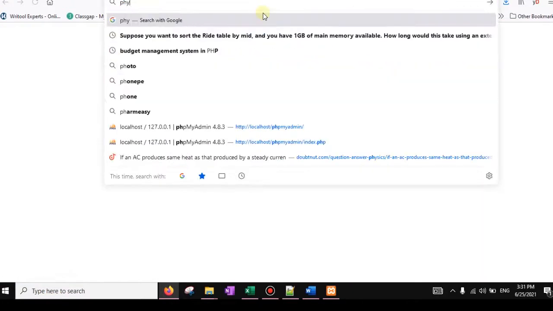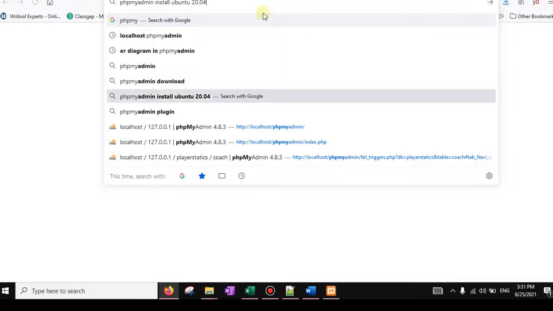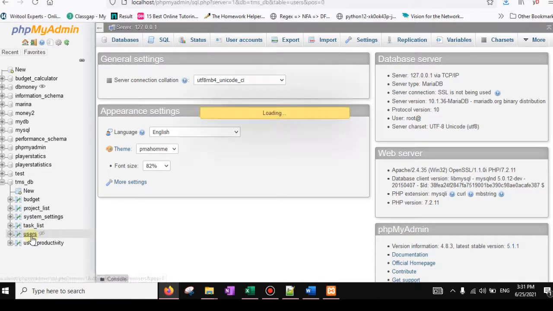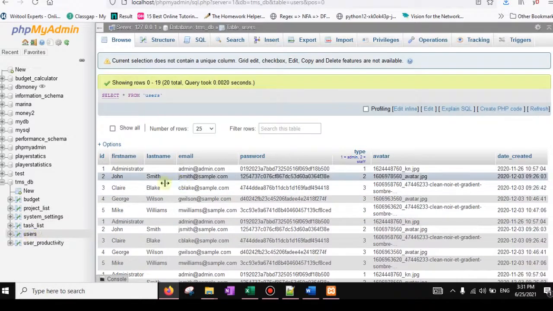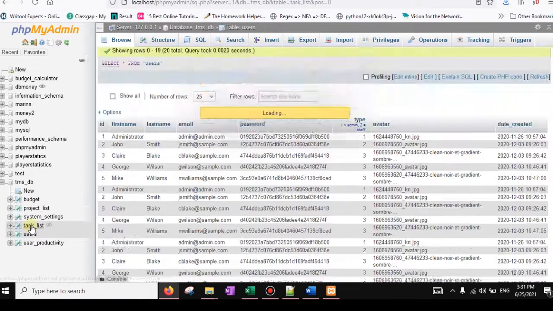Here phpMyAdmin. Yeah, this is the database for the application. Here user, we are able to see stored information in the PHP server, and the task list.